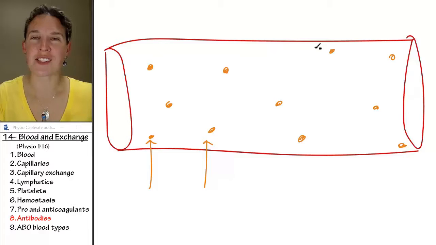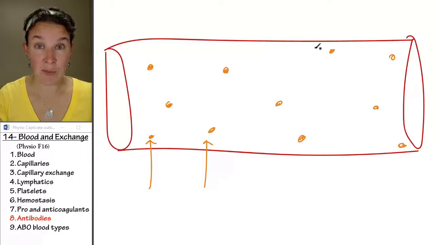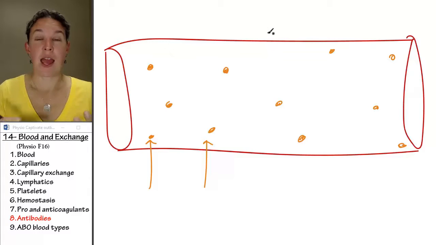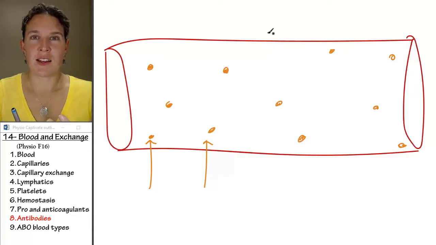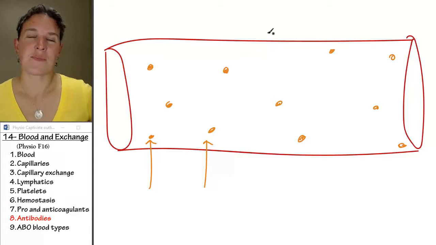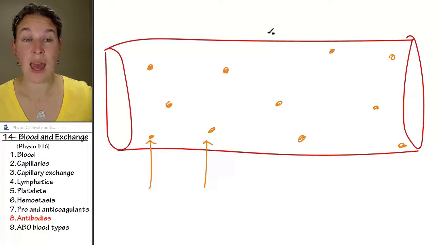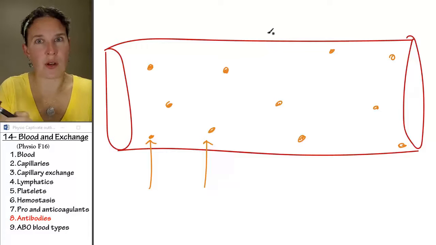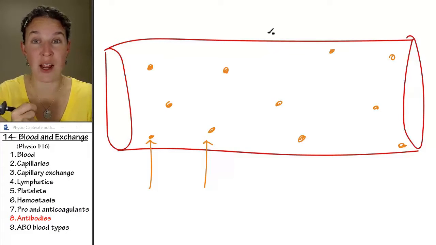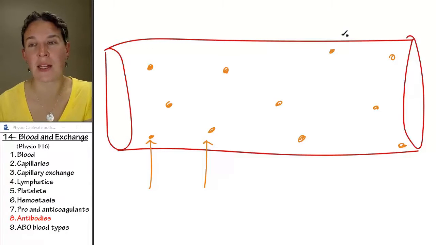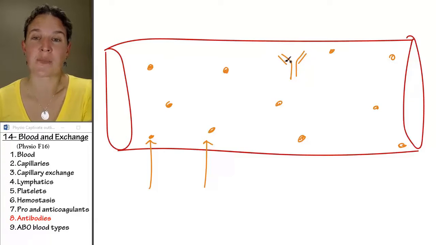Think about the process we just talked about. Think about hemostasis. Are there any plasma proteins involved there? Dude, all those clotting factors, the liver is producing fibrinogen and prothrombin, and those are both important to clotting, and they're plasma proteins that are floating around in your system. This little brief clip is about antibodies. Antibodies are also plasma proteins that are floating around in your system, and they are creating that osmotic pressure.